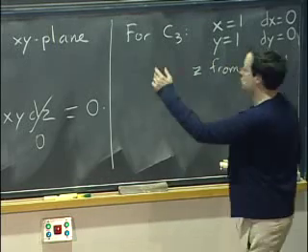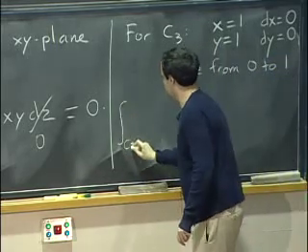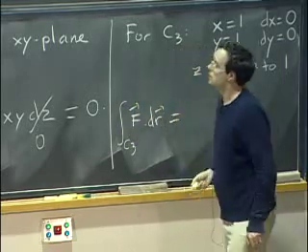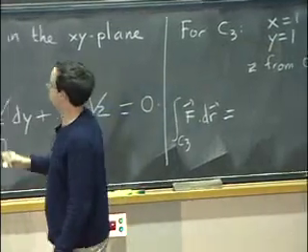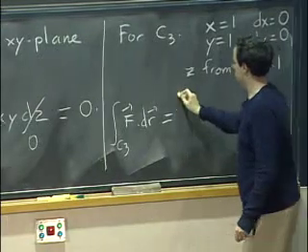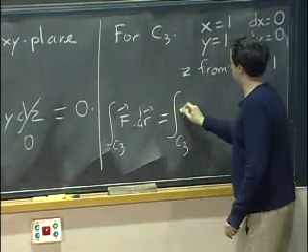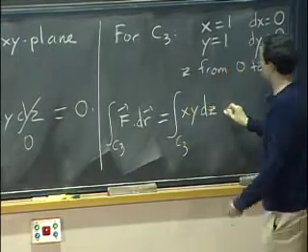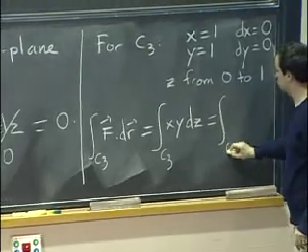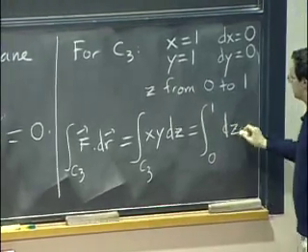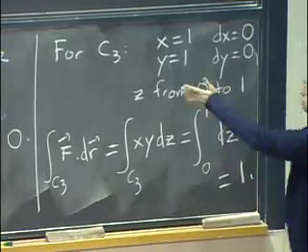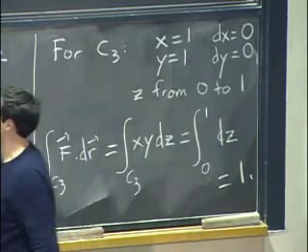So if I look at the line integral on C3, the first 2 terms, yz dx and xz dy, go away because dx and dy are 0. So I'm just left with xy dz. But because x and y are 1, that's just the integral of dz from 0 to 1. And that will just end up being 1. Okay, so if I add these numbers together, 0 plus 1,